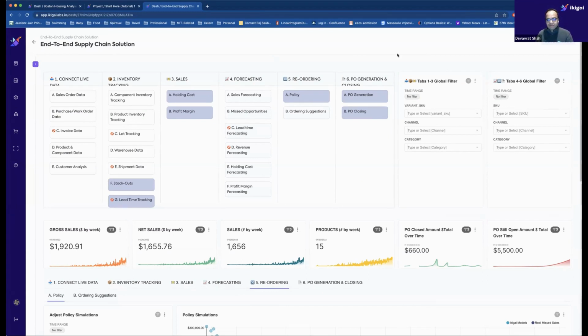Okay. So this is a busy dashboard, so let me parse it for you. First and foremost, let's focus on this part. Okay. So what is this part? This is